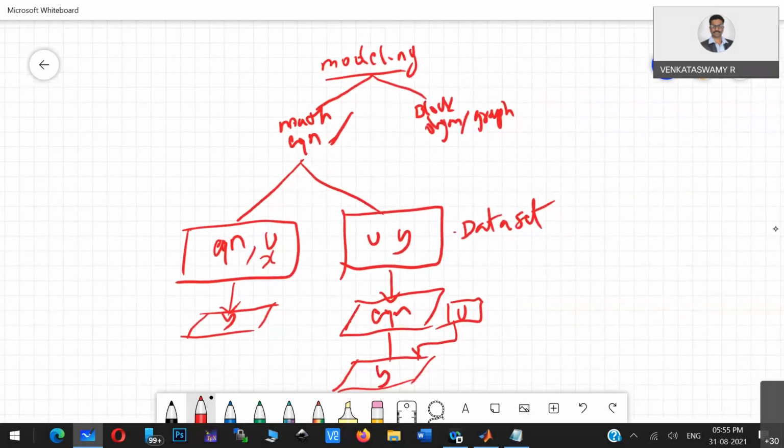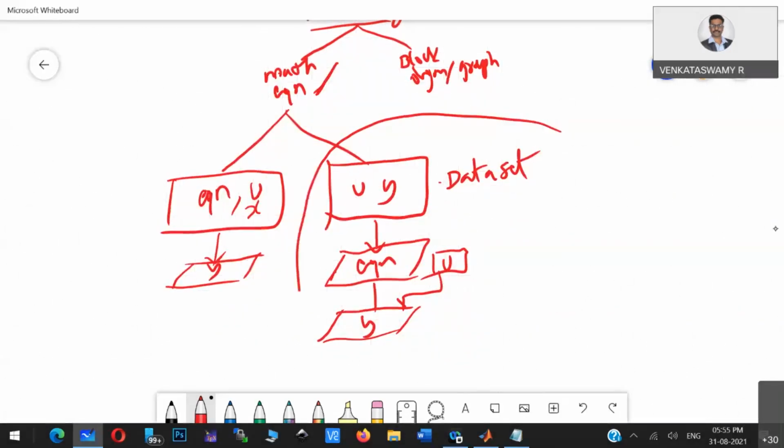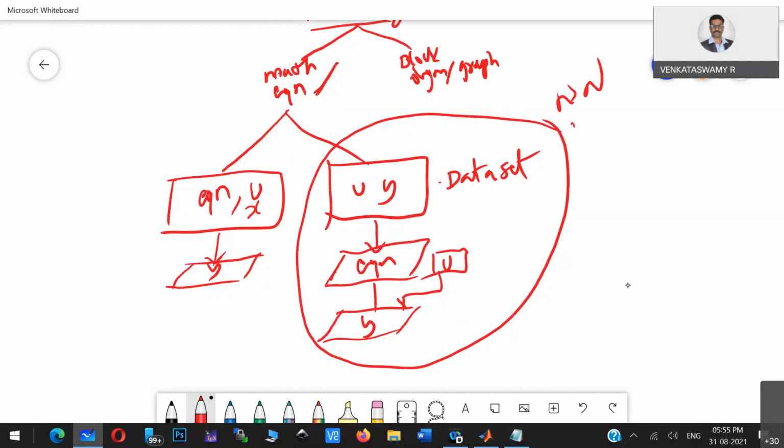now you see here. This part is basically for when you have data and you are trying to get the system behavior. So this neural network toolbox, or machine learning, or deep learning, all these toolboxes and learning methods use this kind of data set. You have to give the past data.